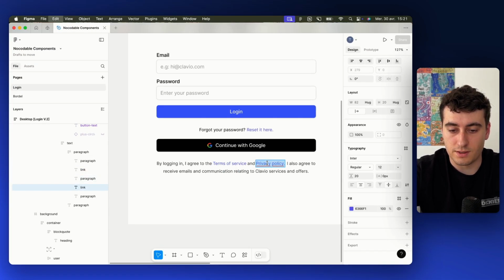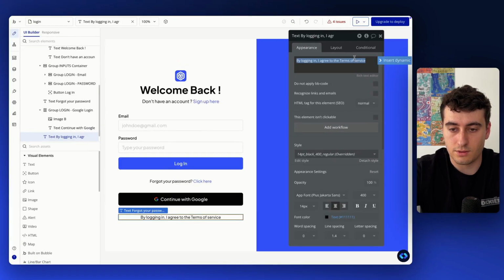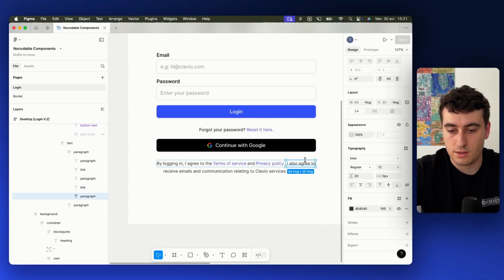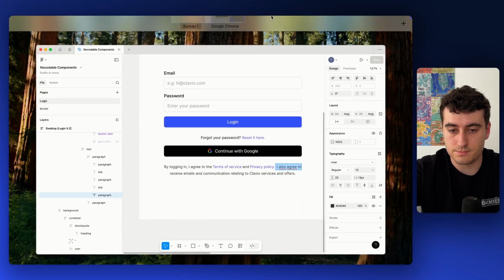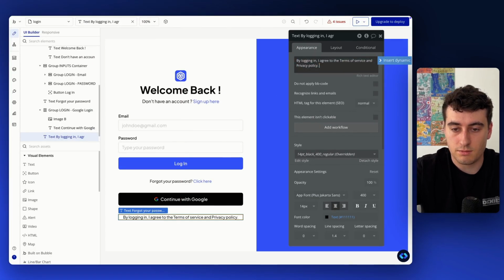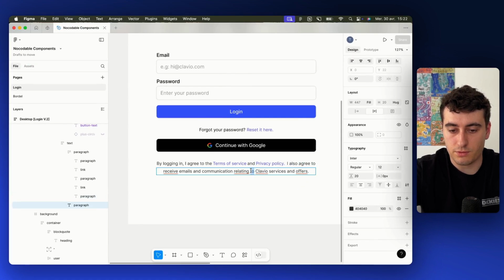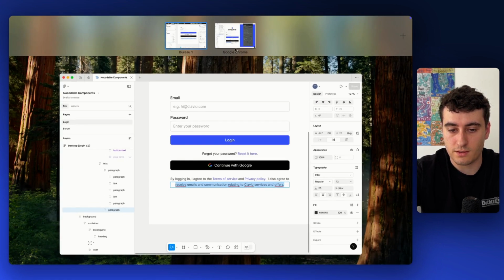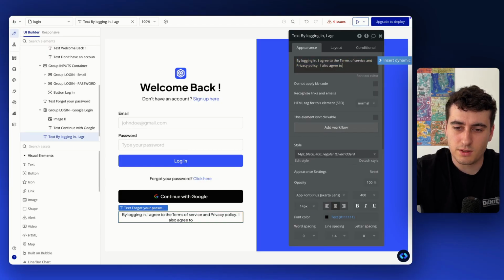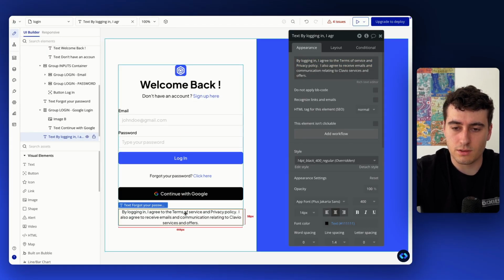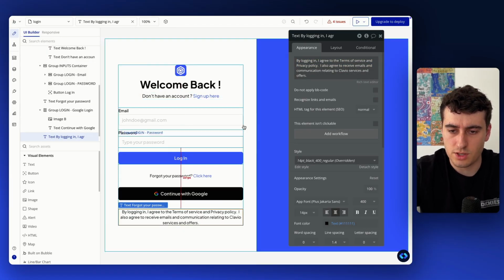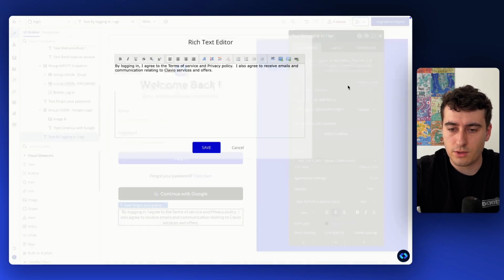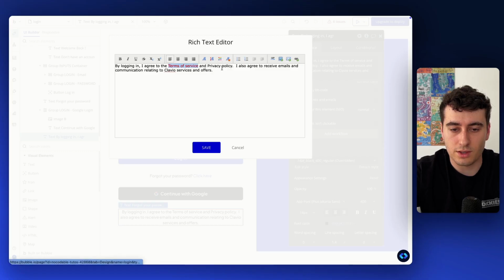I'm going to select this as well. So, and privacy policy. I also agree to blah blah blah. Thankfully, we only have to do this once. Actually, that's a bit stupid because they put it in the login form. That's a bit strange. All we need to do now is to highlight the terms of service and the privacy